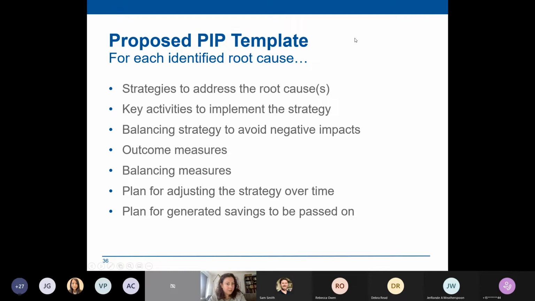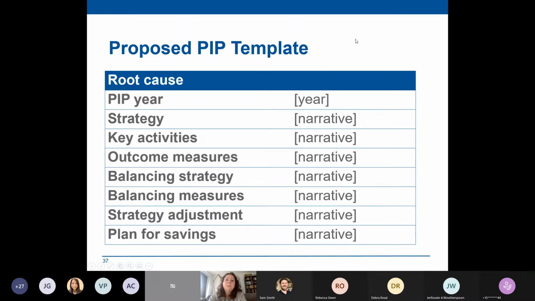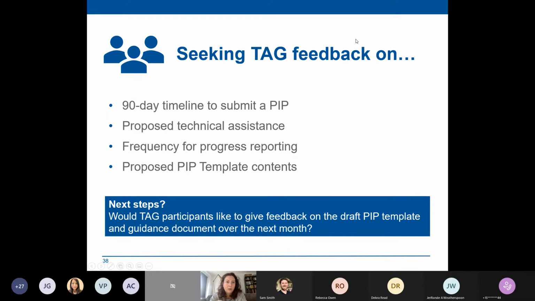Jorandi, can you go ahead to slide 38, please? Jump 2 more ahead. I'm going to stop talking and just flag a couple of things that we are looking for your feedback on or just sort of gut reactions to. So is the 90-day timeline to submit a proposed PIP, does that seem reasonable? Does the proposed technical assistance that I outlined seem helpful? What else might help your organization in developing a PIP if that needed to happen? Progress reporting. So the implementation committee suggested, or their guidance said, annual reporting. That doesn't seem like enough, but we're proposing quarterly. Is quarterly too much? What's the right balance for progress reporting? And then any feedback on just the high-level proposed PIP template contents.